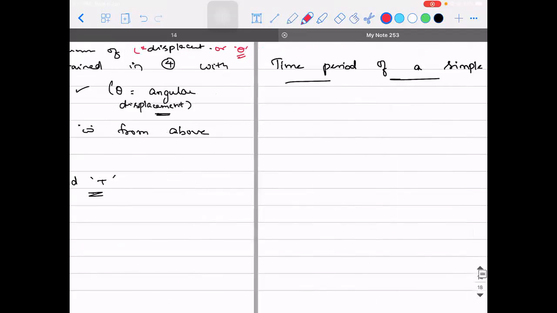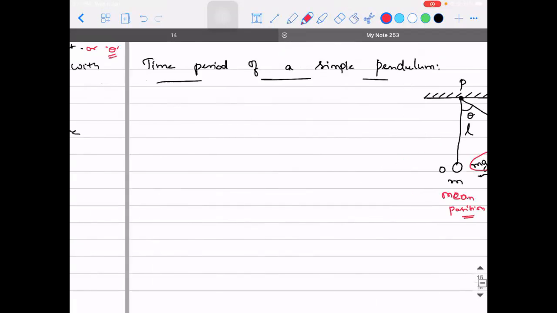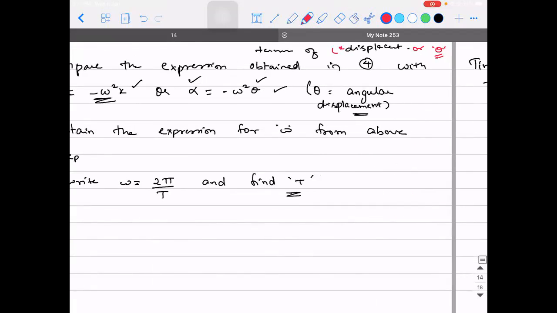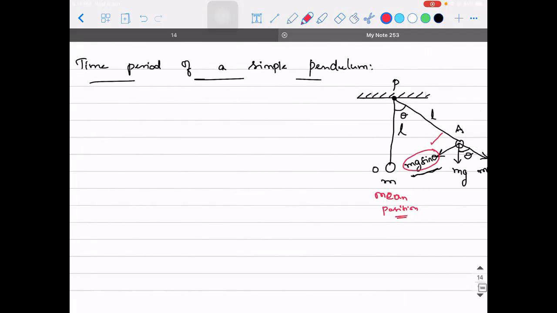Shall I proceed, guys? Now see. One minute, could you show it again? Yeah, sure. In terms of displacement, in the bracket you can write it as x. Displacement is x, or theta. Theta is angular displacement. Okay, so the remaining steps are right. There is nothing else to add.